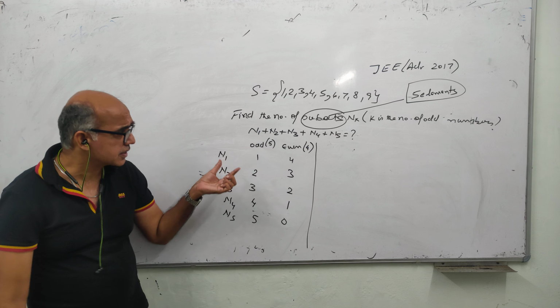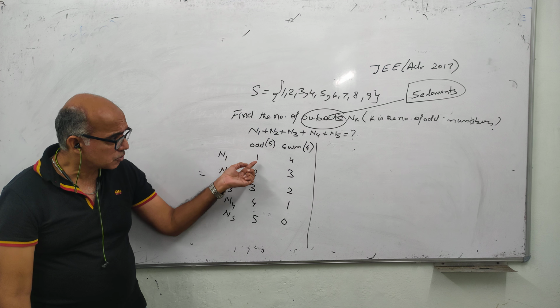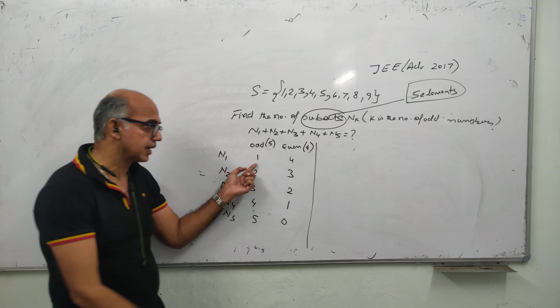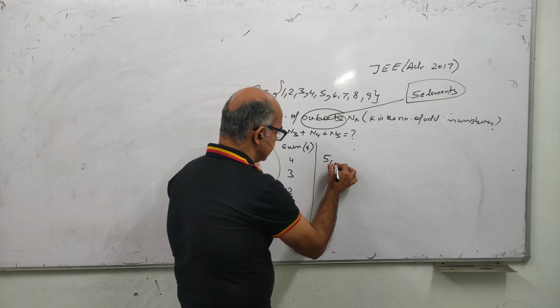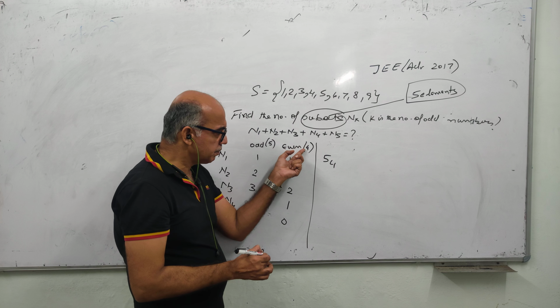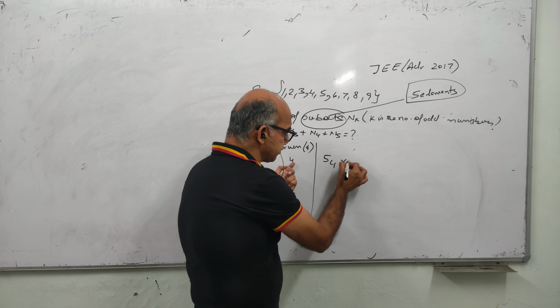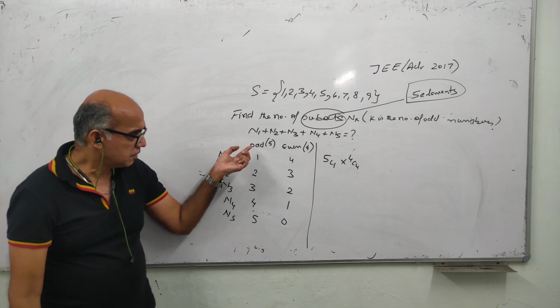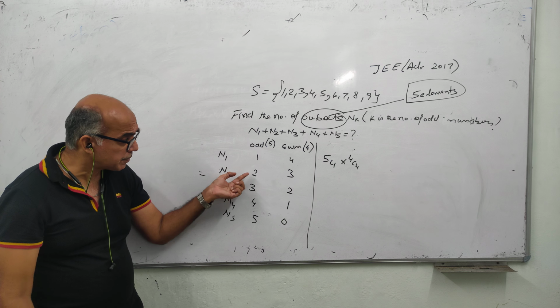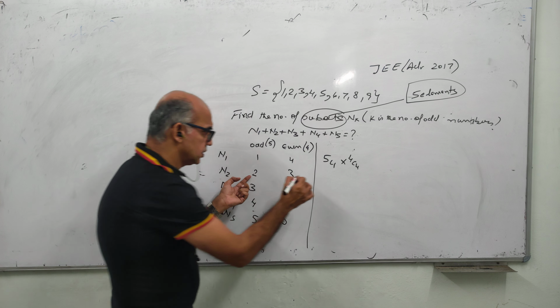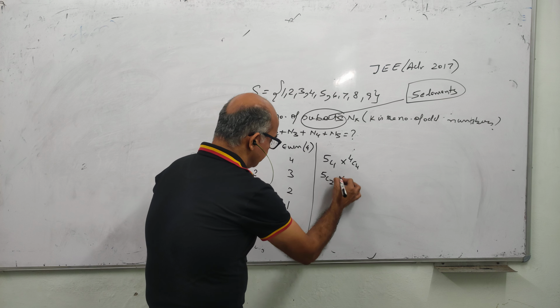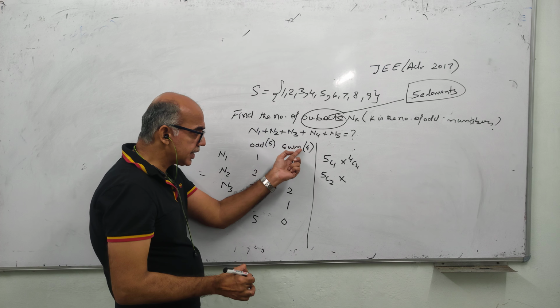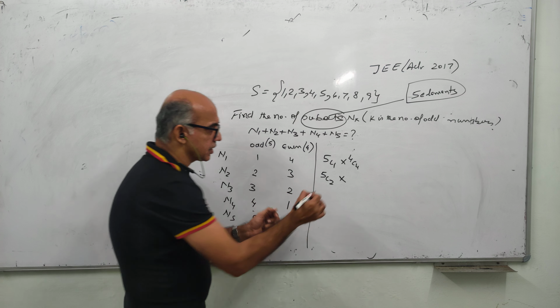अभी अगर हम बात करते हैं, I have 5 odd numbers. उसमें से मेरे को एक odd number select करना है. It's 5C1. 4 even number में से 4 select करने हैं. It's 4C4. Moving on to the next part. 5 odd numbers, 5 odd number में से 2 select करना है. It's 5C2. And 4 even में से 3 even select करना है. It's 4C3.